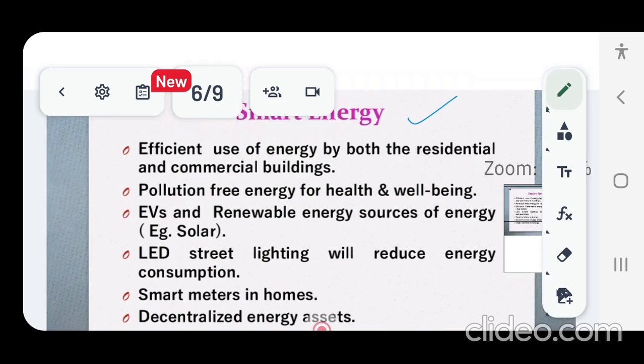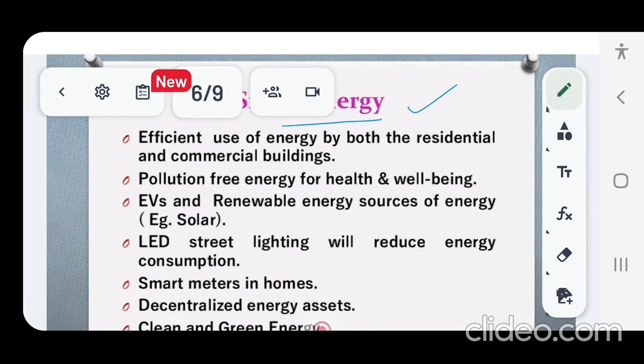Now, when it comes to smart energy management, rather than relying on centralized energy resources, rather than relying on polluting fossil sources like coal and uranium, it will be better to go for alternative options like wind and solar.